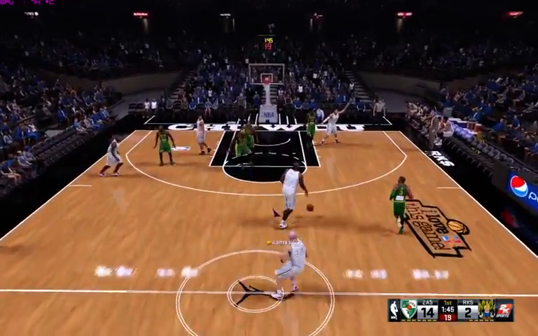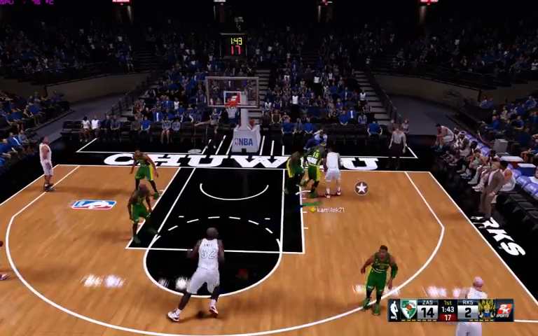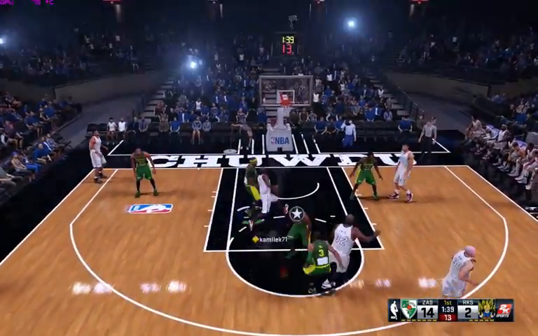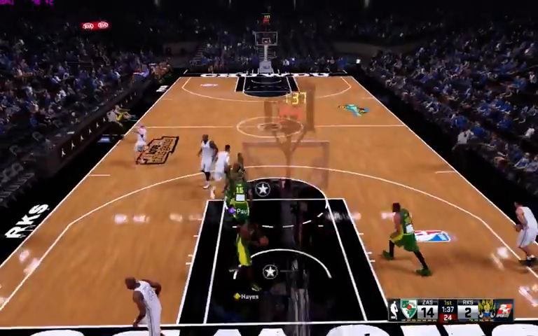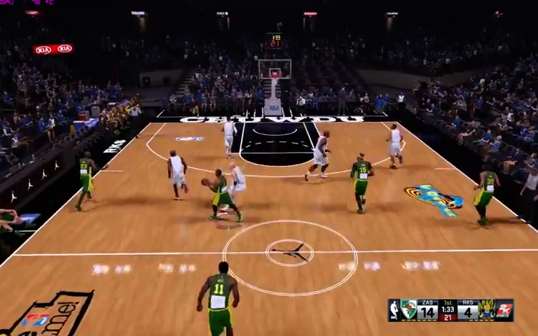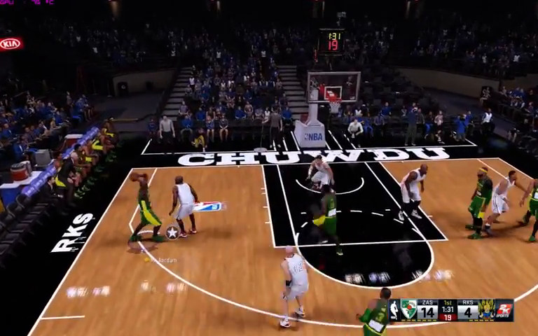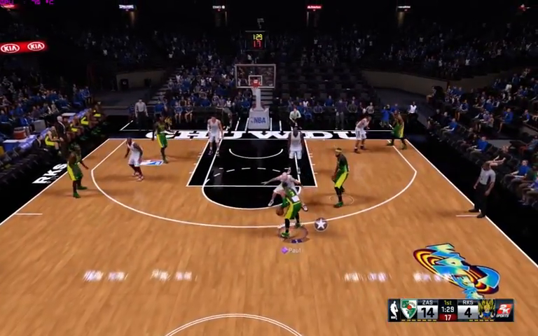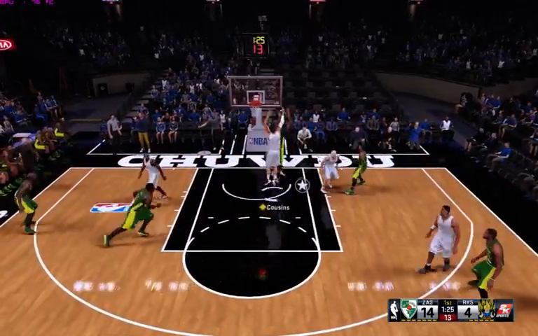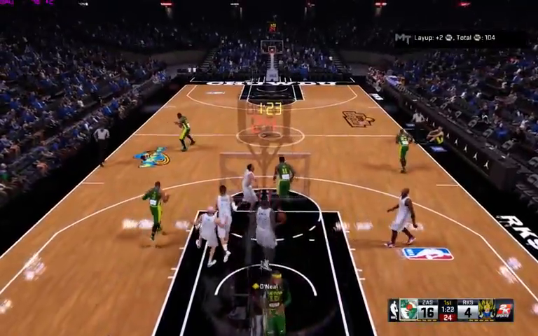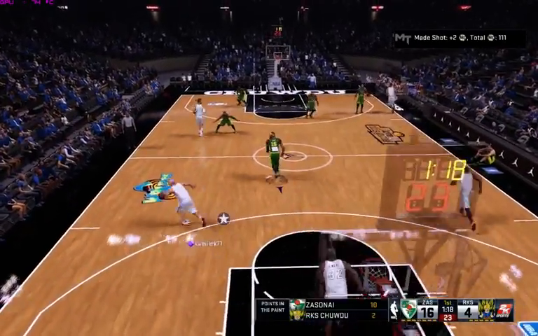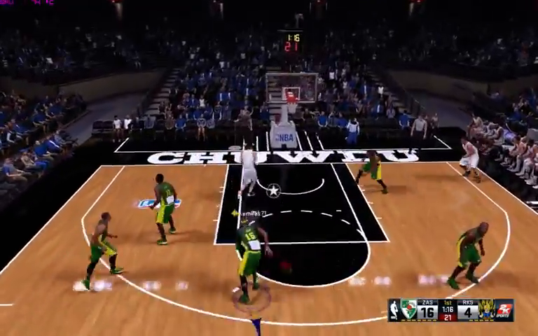Defensively, giving up far too many open rhythm looks. And to battle back, they've got to shore up the defense. I mean, there's no other way to come back from a deficit unless you play good defense. Oh, that is just weak defense there. I'm pretty sure that was not the plan to give him those kind of baskets at the hoop. He got right to the cup using that screen. Boy, I tell you what, nice little run here they're going on.